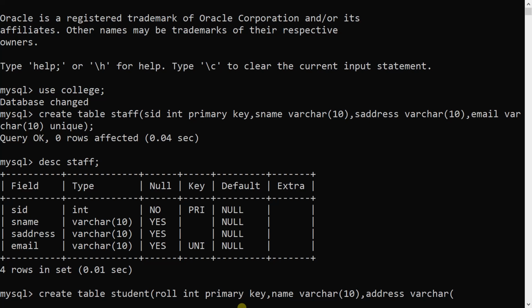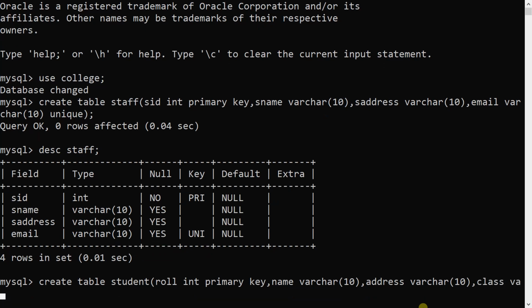It's not that you have to declare 10 only, you can have 20, 30, 35 like that, variable characters. And then class varchar 5, then comma. Now I will show how to use the SID of the staff table in the student table.